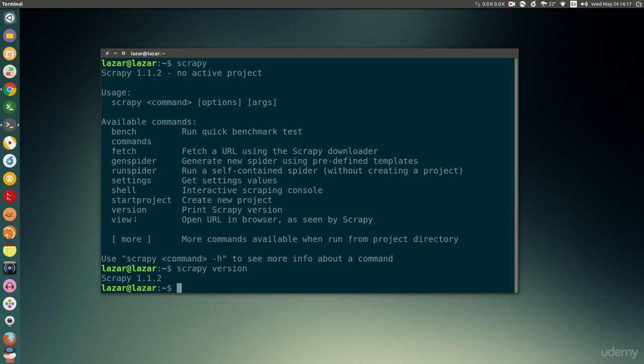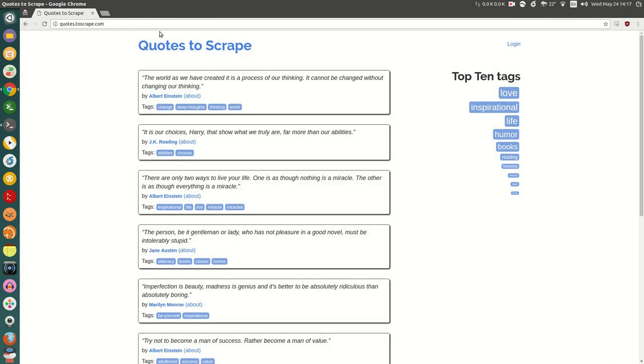The reason why you would like to use view is to figure out what Scrapy actually sees. Opening URLs with Scrapy and with, for example, Chrome will sometimes be different, especially on JavaScript heavy pages. Just remember that.